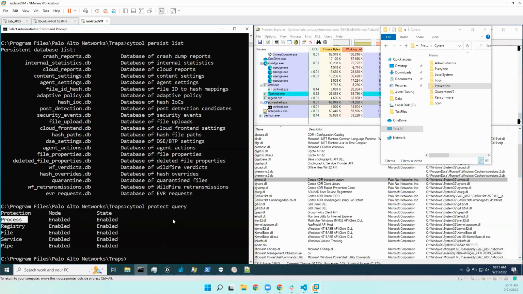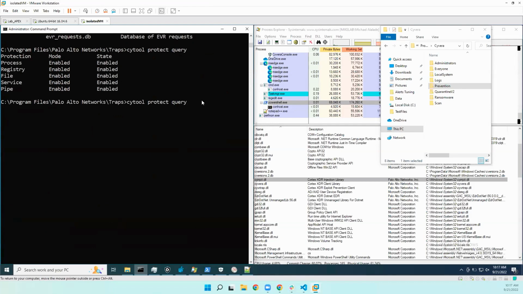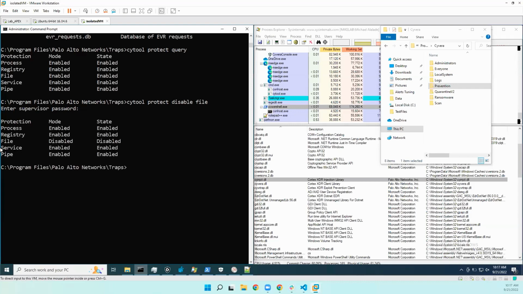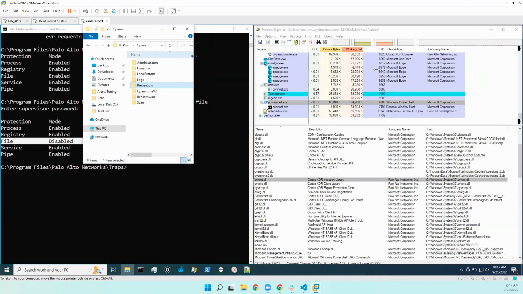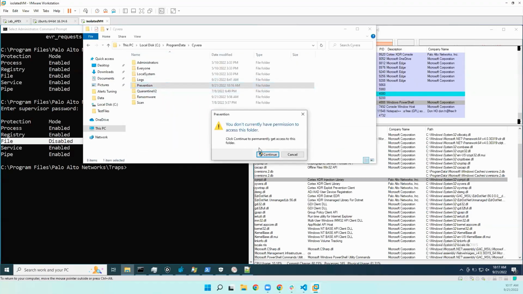So if you want to access that file, all we need to do is Site 2 protect, and then we can choose to just disable the file, right? And then we always need to supply the administration password, and then you can see now that we have the files that have been disabled. So you can go back right now and see the list of data,